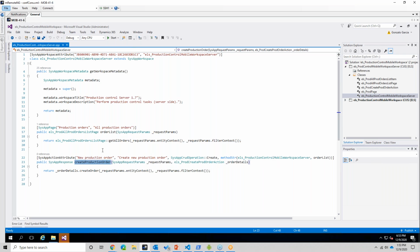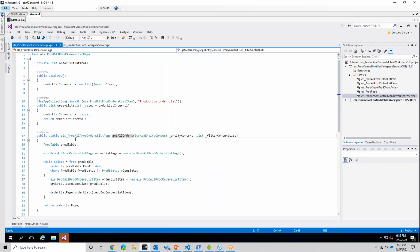Now, there is something you need to provide back to the system so it can do its job properly. So the orders list is going to be returning a list of things, and that list is constructed in this specific method here. If we drill down into here, you will see that I'm constructing a list, and that list is constructed in a very specific manner. So what is that manner? I am